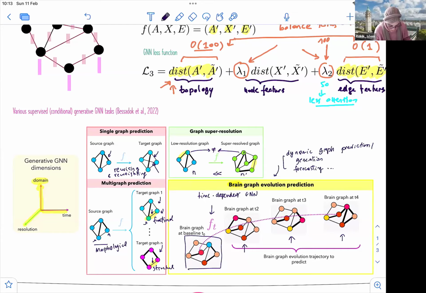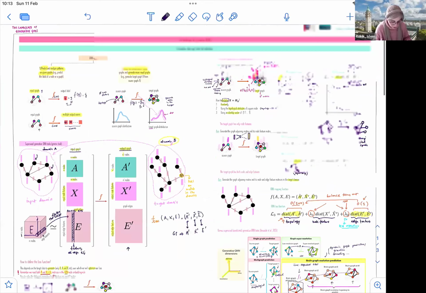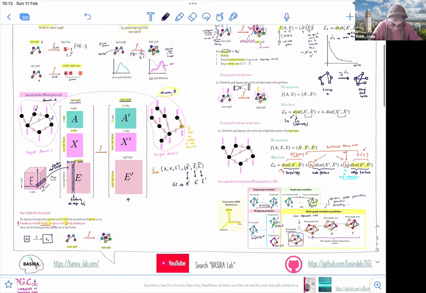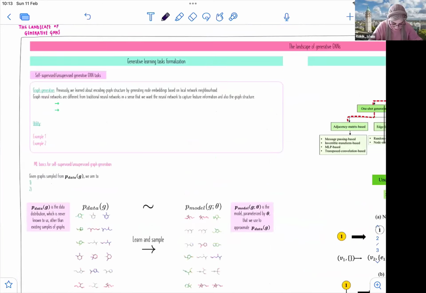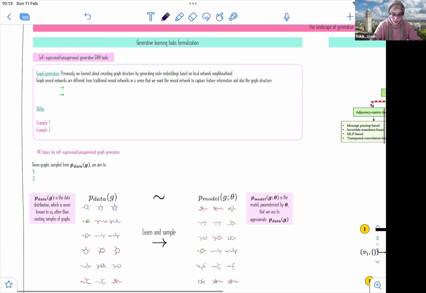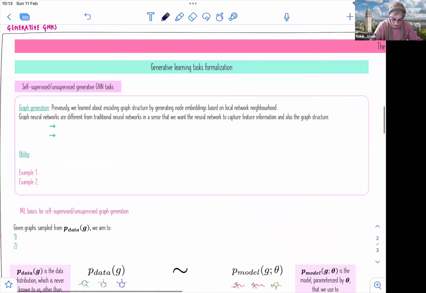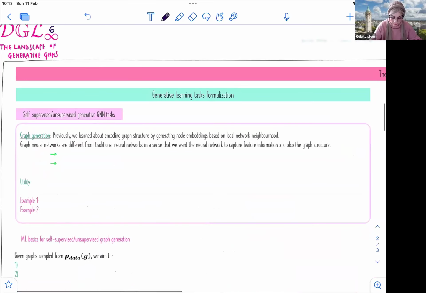So this was the general overview of how we formalize generative GNN tasks in a supervised way. And now I would like to cover the self-supervised or the unsupervised way of generating a graph. So this is a different problem here that we're